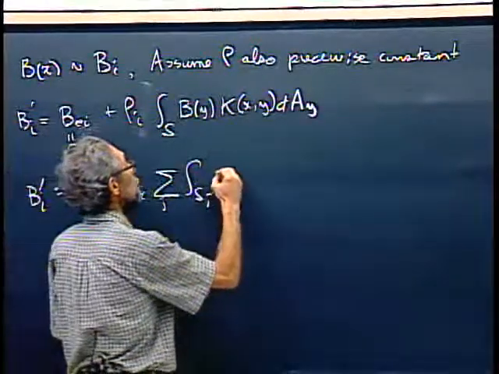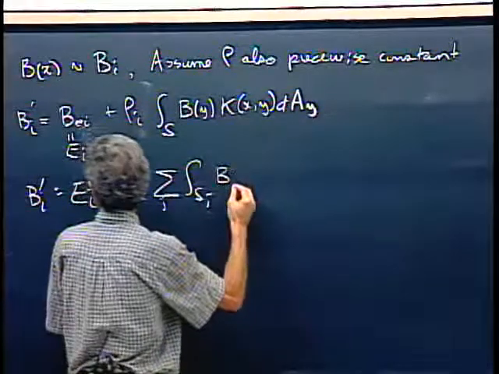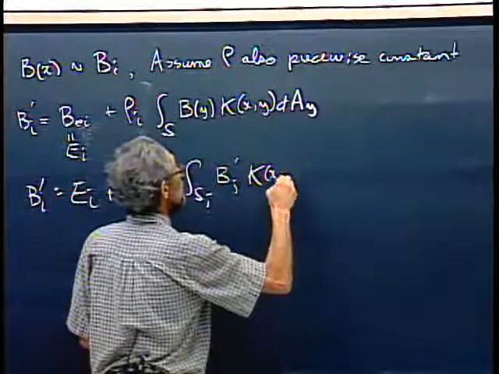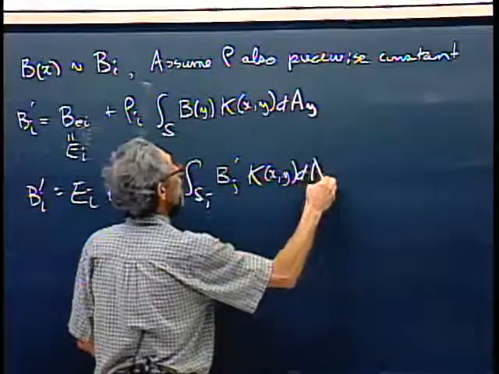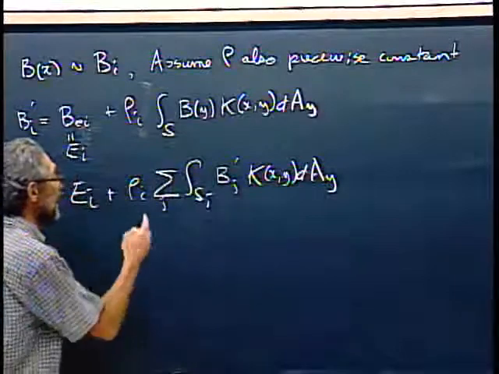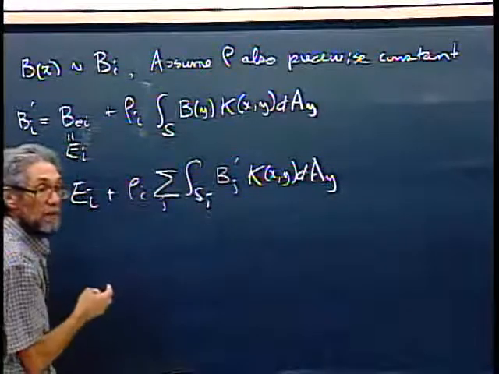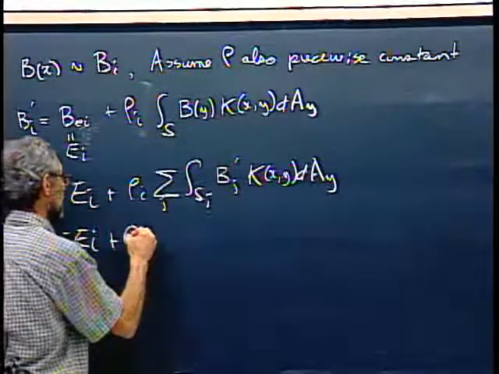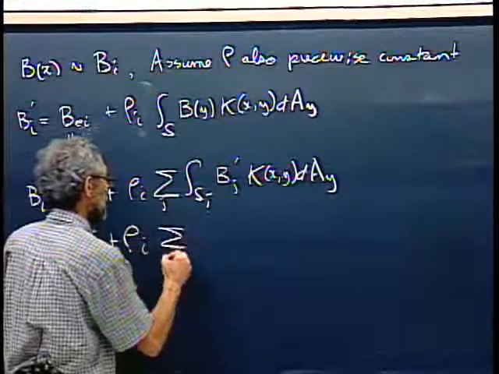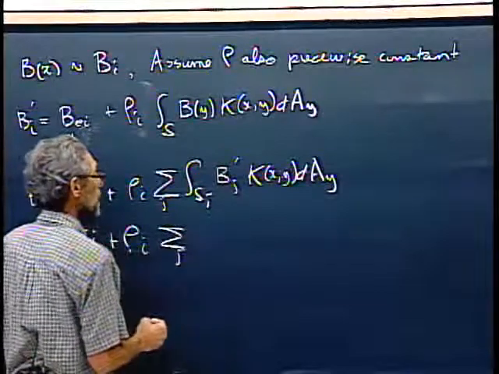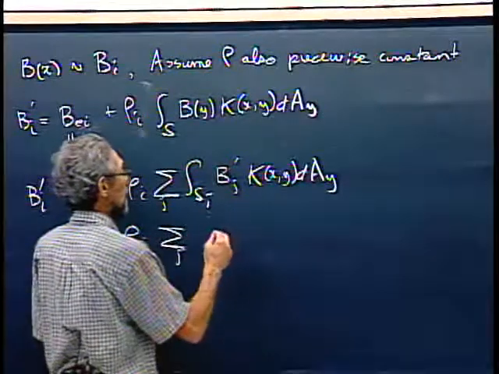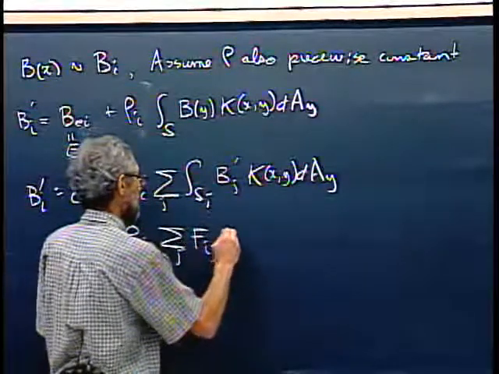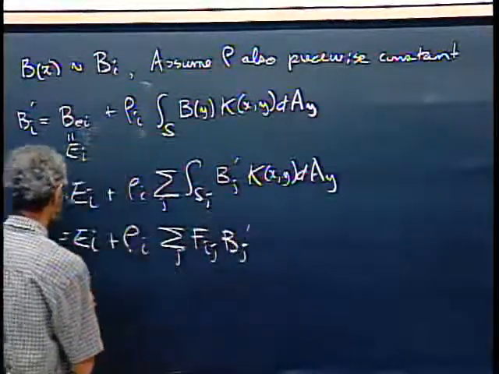And now over each Sj, I can really write this as Bj prime, another constant, times K(x, y) dA. And that means I can take that constant out of the integral. Plus rho i times the sum over j. And so what's left of the integral I'm going to call Fij. So this is going to be Fij times Bj prime, where